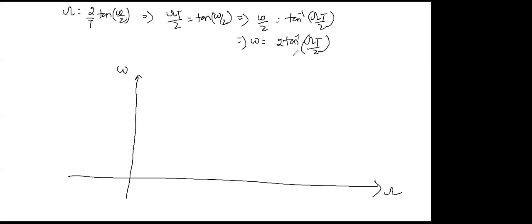Now, see, if you see this equation, when capital omega equals 0, then what is the value of small omega? It is 0, no doubt, because tan inverse 0 is 0. And when capital omega is infinity, highest value, then what is the value of small omega? Omega equals 2 tan inverse infinity. What is the value of tan inverse infinity? Pi by 2. Very good. So this is 2 multiplied by pi by 2, that is equal to pi. So omega equals pi.